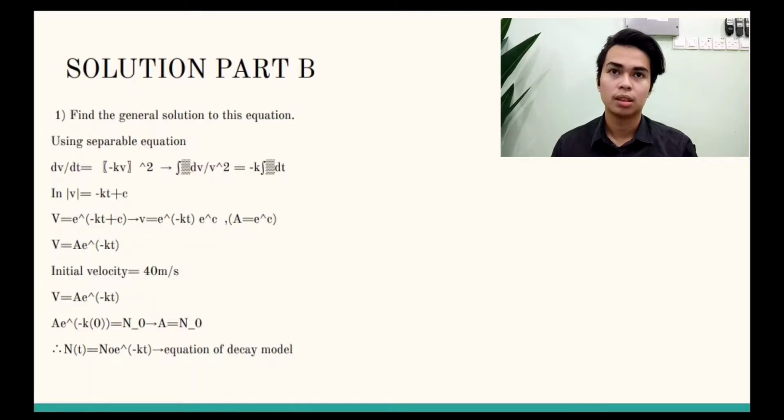Then integrate, and it turns to ln v equal to negative kt plus c, and then after that it becomes v equal to exponent to the power of negative kt plus c,